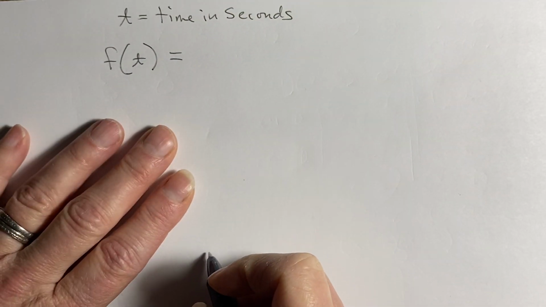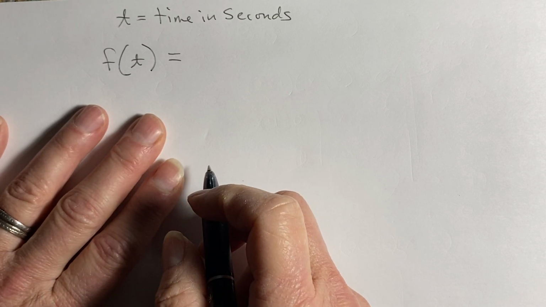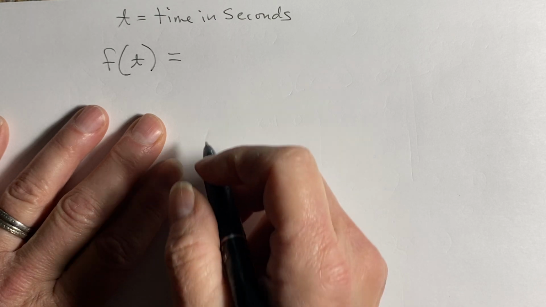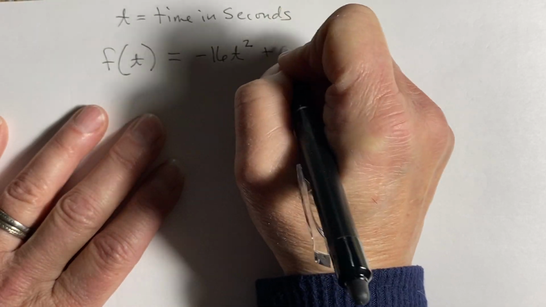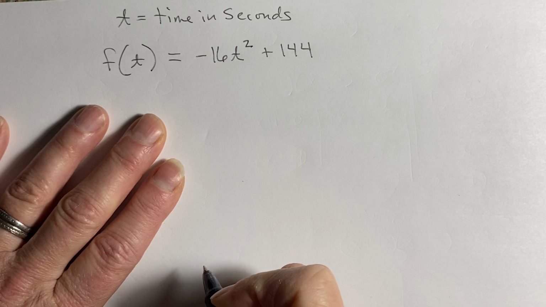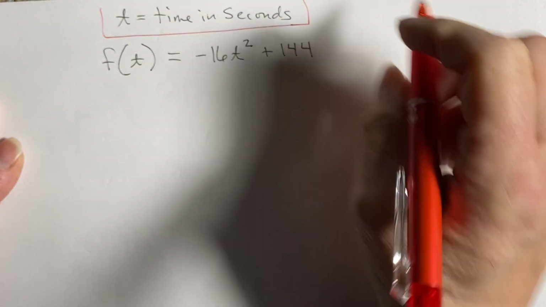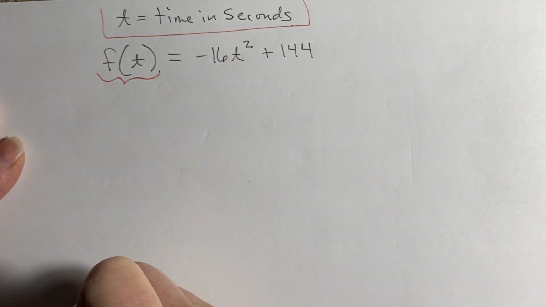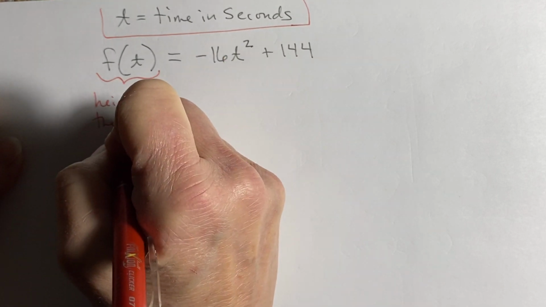And this function represents the height of an object that is dropped from a building that is 144 feet high. And it is modeled by this equation, okay? So T is the time in seconds after the object is dropped. And then this F of T is representing the height of the object